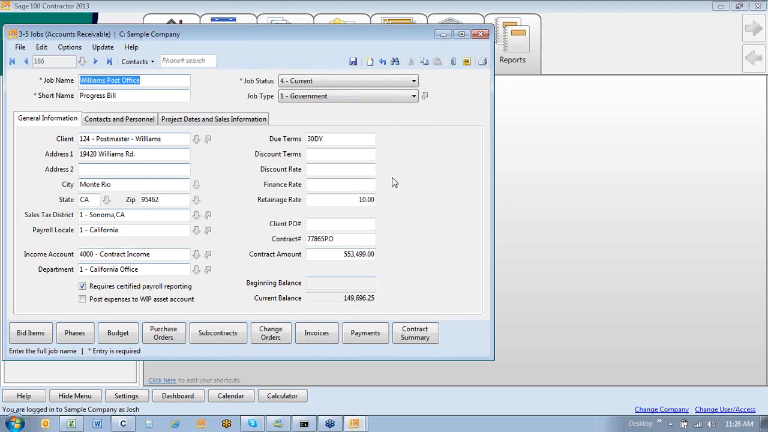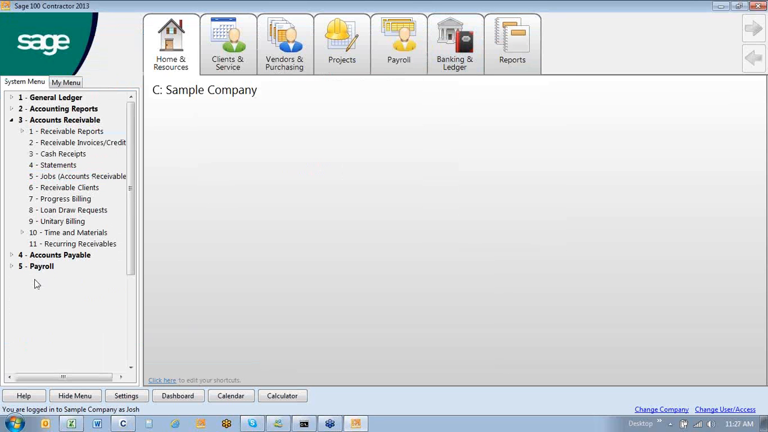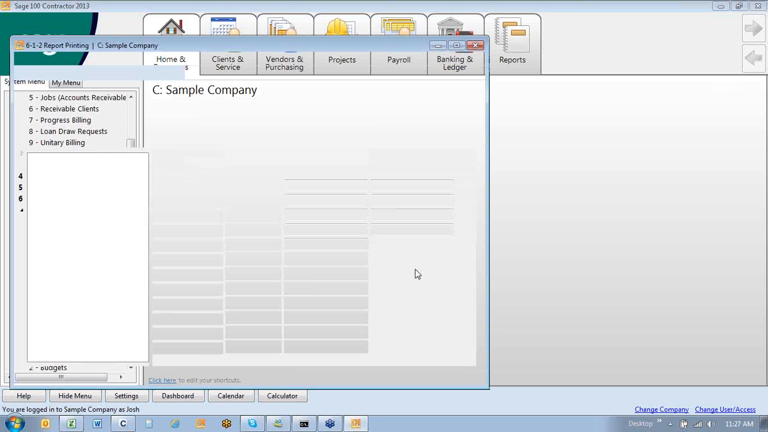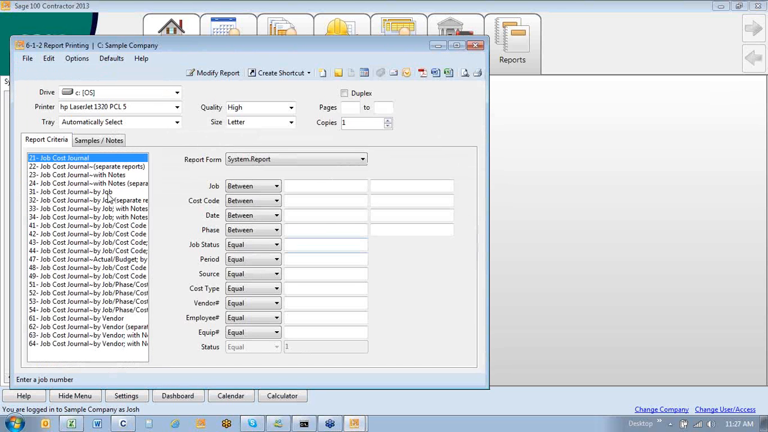These are the only jobs that he can get into. Now if I go to job reports, and I mean this goes even beyond this, but let's look at the jobs reports first. If I pull open a job cost journal, and I say that I'd like a job cost journal by job, and I'm not going to filter any other way and hit preview, because I'm logged in as Josh, I'm only